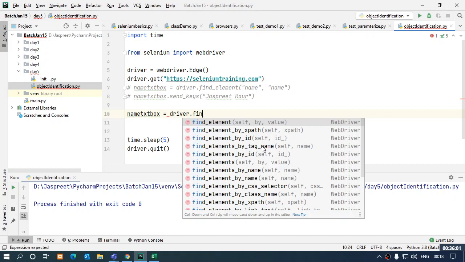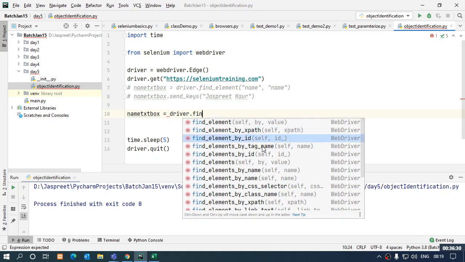Right, that is the suggestion box. In that suggestion box, you can see the functions coming up: find element by XPath, find element by ID, find elements by tag name. Now that find elements is a different command. Right now, don't go on to find elements. We will discuss that later when we actually use it. Just look for the find element command.